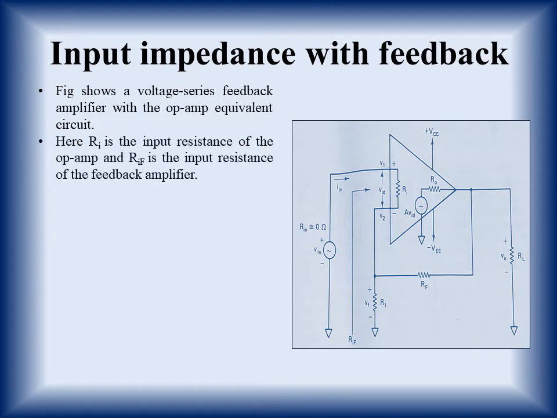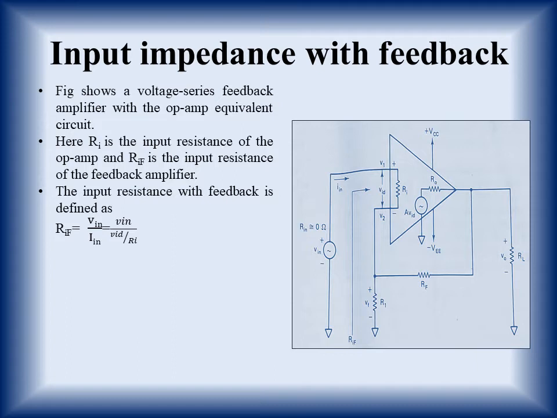Here Ri, where is Ri? Ri is here. Ri is the input resistance of the op-amp, and RIF will be calculated from here. The arrow is shown clearly. It is the input resistance or impedance of the feedback amplifier. Now first of all we will define the input resistance with feedback. It is defined as